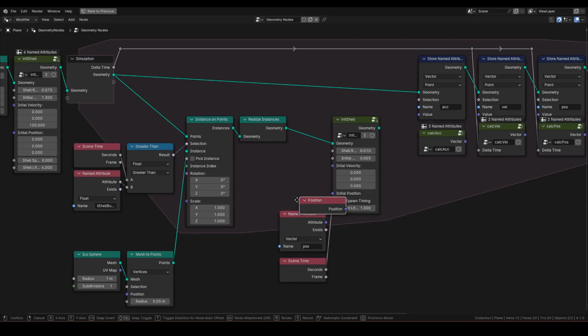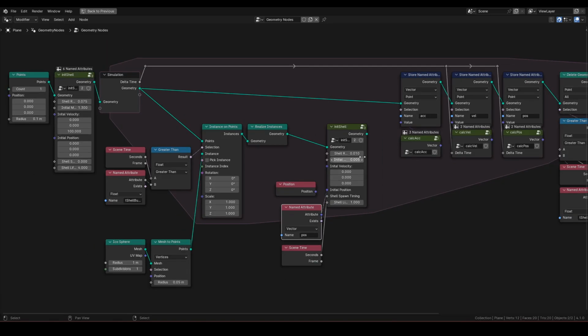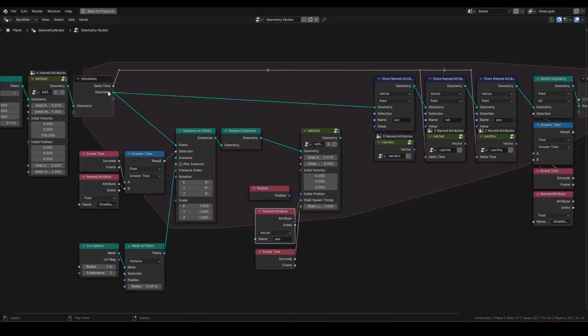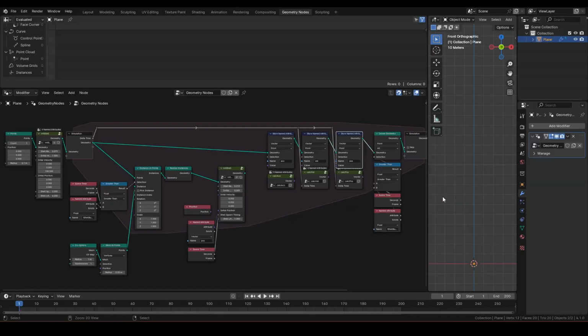This might need some explanation. I purposely did not use the position node up till now. The way this works is that the named attribute pause is inherited attribute from the parent shell. The one that bursts right here.